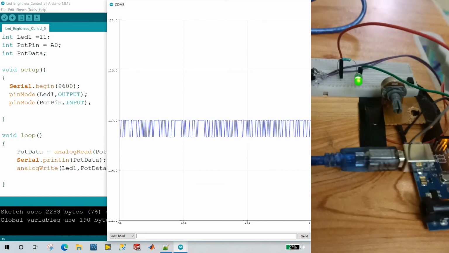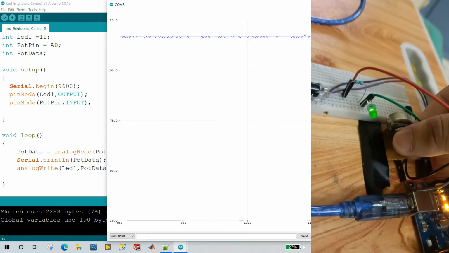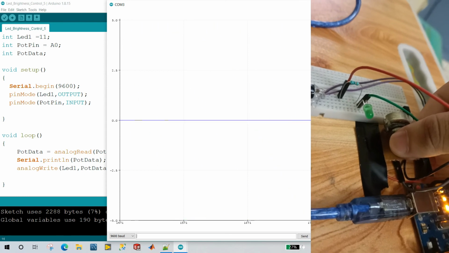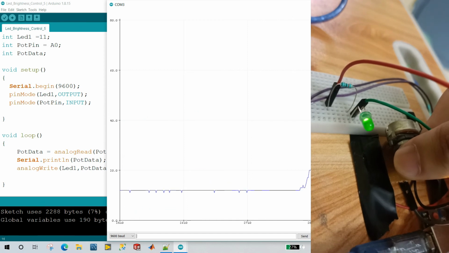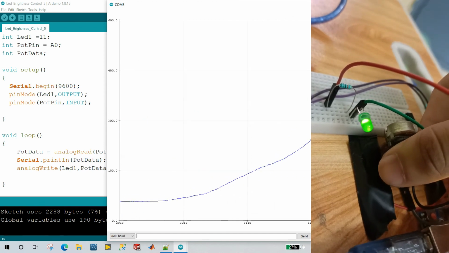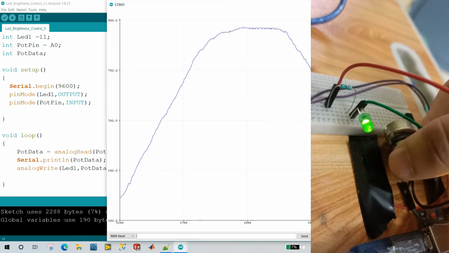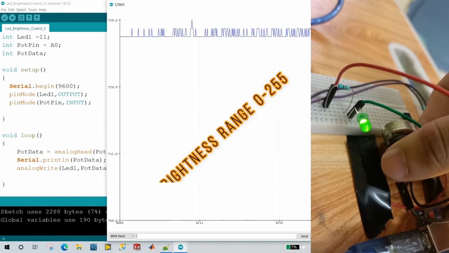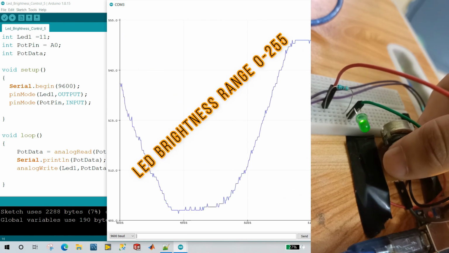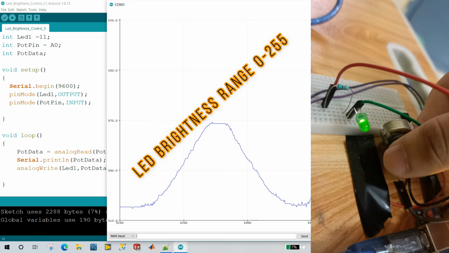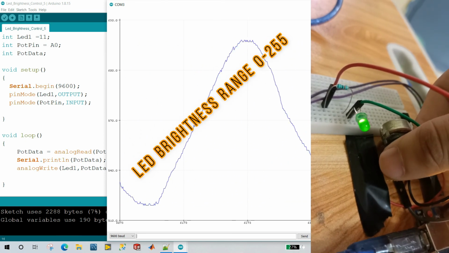Now let's change this one, and you see the brightness is controlled. Like this, you see. Okay guys, you can easily control the brightness of your LED.